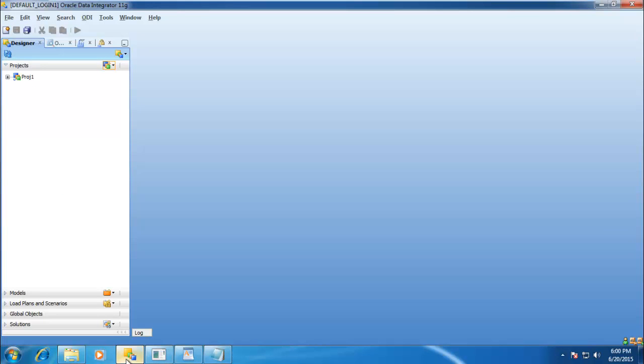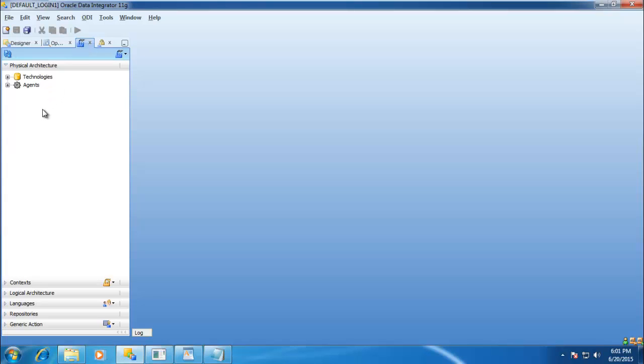This is the ODI tool. When you're talking about the ODI tool, we have four different components. This is the topology navigator. From this we are going to define the infrastructure where you want to connect. Those infrastructure details we are going to define in the topology navigator.